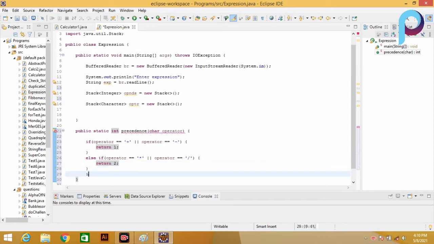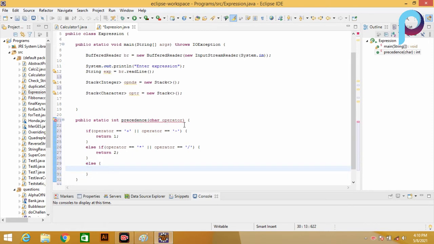Then simply we perform else. Now we can return 0 or 1 according to your choice. Return 0. So now we have a precedence function which returns the precedence of an operator, meaning if there is a plus or minus we return 1, and if there is a multiply or divide we return 2.